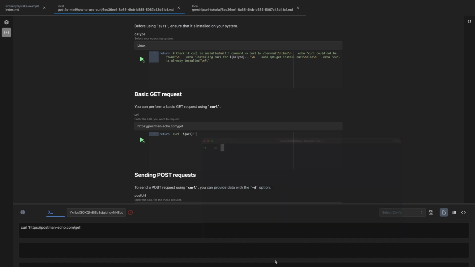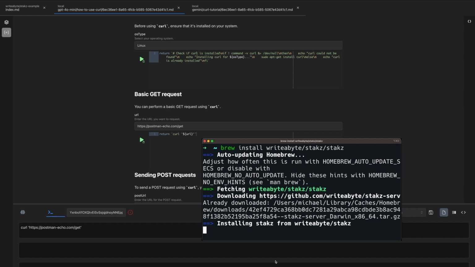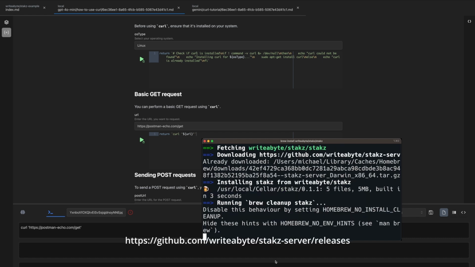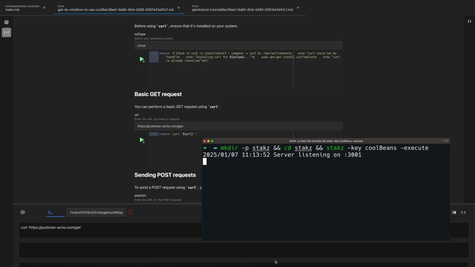The other way involves running the stakz-server, a basic file and command HTTP server, which is the bridge between stakz.dev's integrated terminal and your local machine. The server can be installed with Brew or manually downloaded for your platform from the GitHub releases page. Once installed, create an empty directory, cd into it, and run the stakz command, passing a random key